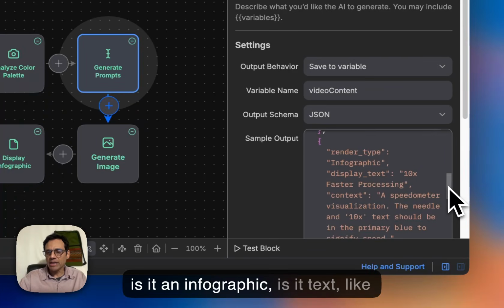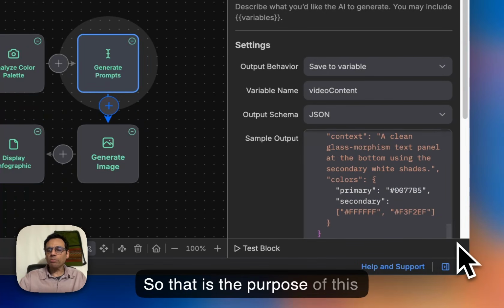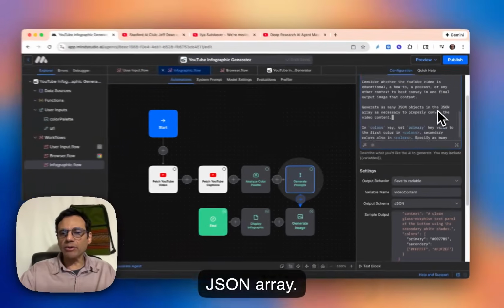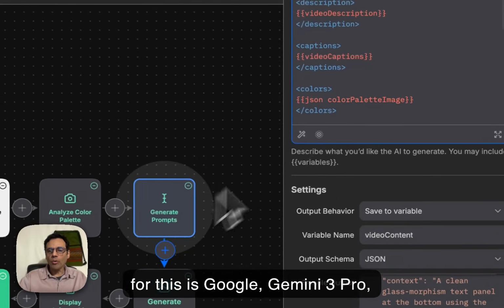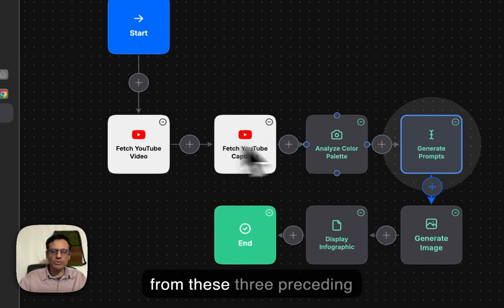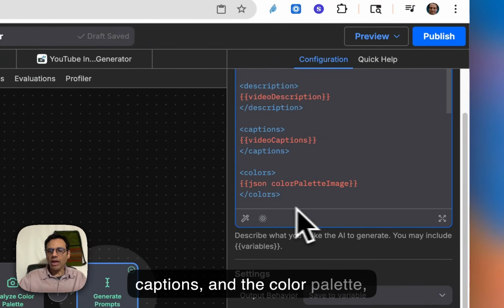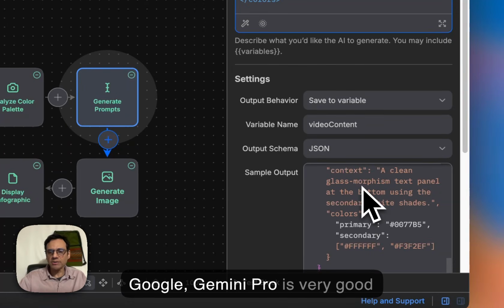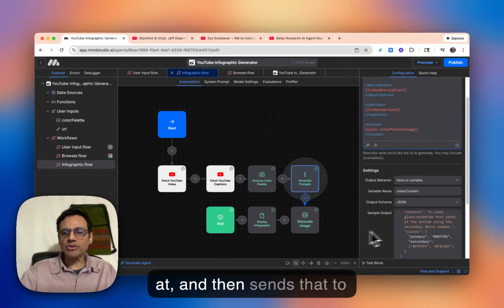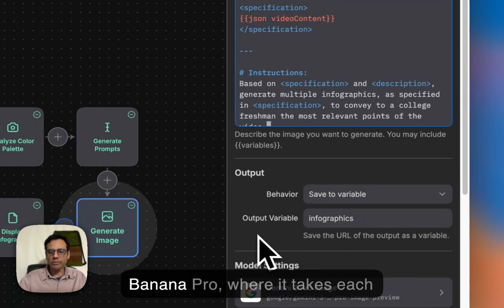Is it an infographic? Is it text? Like this one, you'll see it is text here. So that is the purpose of this JSON array. And what does the heavy lifting for this is Google Gemini 3 Pro, where it takes in all the data from these three preceding blocks, the video description, the captions, and the color palette, and then synthesizes that, which Google Gemini Pro is very good at, and then sends that to Gemini 3 Pro image, or Nano Banana Pro, where